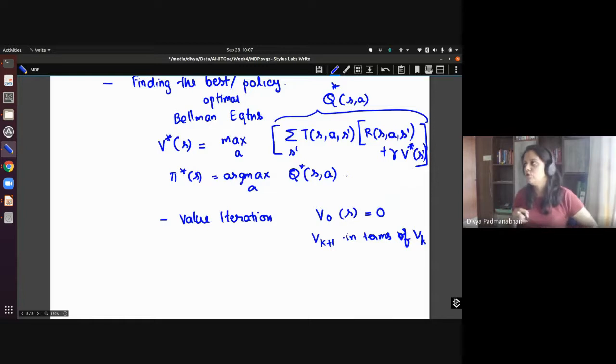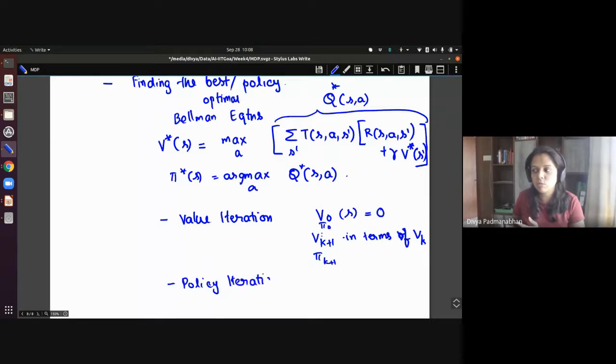Maybe I wanted to also show you one more demo, but maybe we'll just finish the recap. So this was value iteration, and we saw that it takes some time steps to converge, but actually sometimes the policy converges faster. So at each step you can also find a pi k plus 1 using the values of vk plus 1. We saw the policy typically can converge faster. So can we do something focused only on the policies? That's where we came to policy iteration.